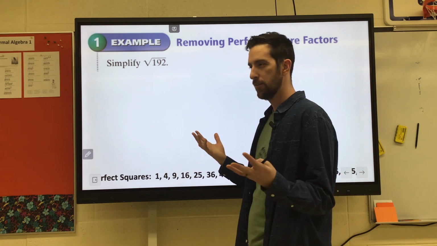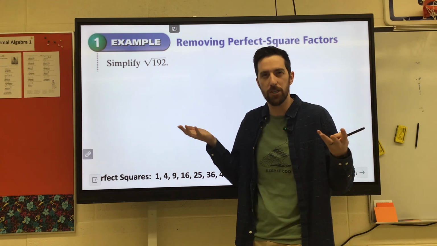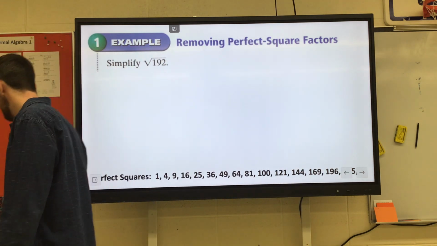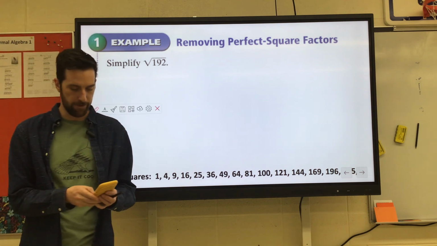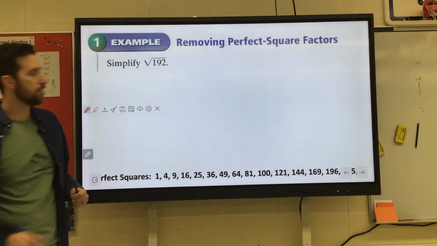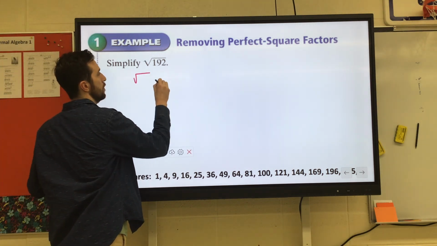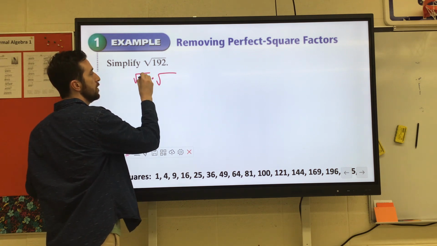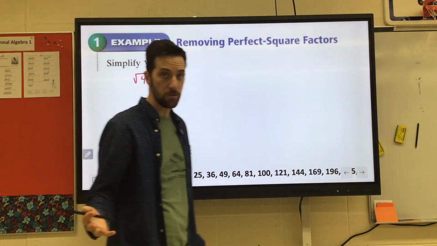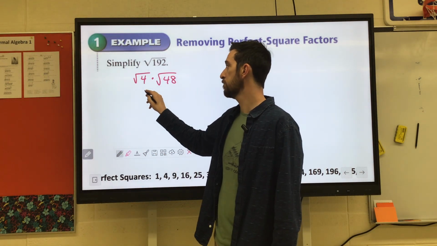It's kind of like if you had to simplify the fraction 2 over 6. You wouldn't divide them by 1 because then nothing would change. So looking at 192, let's say I did 192 divided by 4. Great, it's 48. So here's how I do it. I create two radicals. 192 is 4 times 48. Cool. Now, we all know that the square root of 4 is 2, so this becomes 2 times the square